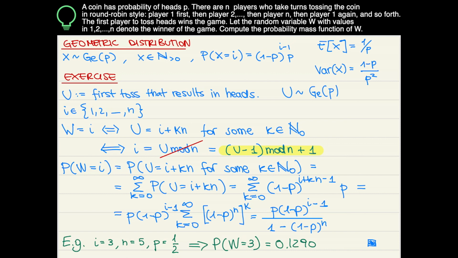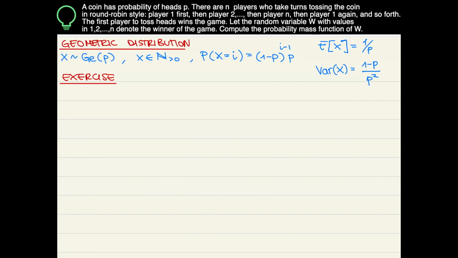0.1290. There is another interesting way of solving this exercise, which instead of the geometric distribution exploits conditional probabilities and intuition. Think about the event that the winner is I, so that w is I. This event is a subset of the event that the first I minus 1 trials are tails. Indeed, if the winner is I, then the trials up to I minus 1 must have been tails, otherwise the winner would have been